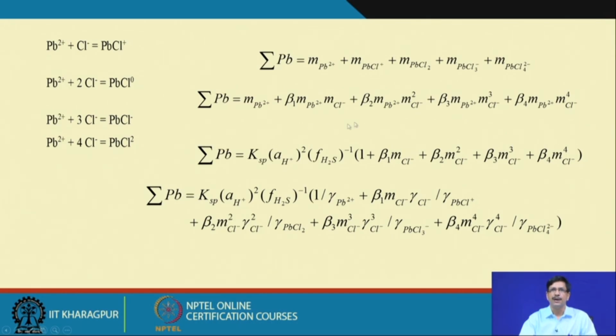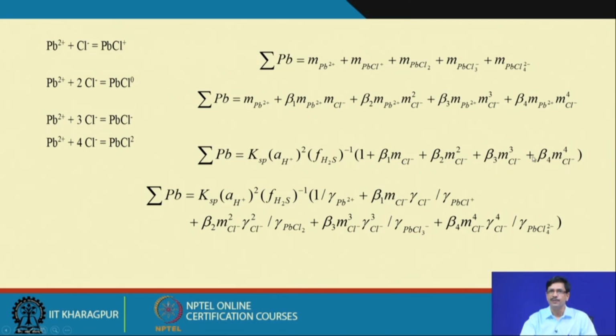So, now we can make out from here, and again we will replace the molality term for lead, Pb2+, with the solubility product of the reaction, lead sulphide plus H+ giving rise to lead ion and H2S. So, here we will be replacing the H2S term. So, the total solubility of lead in the hydrothermal fluid will be contributed by these many factors,